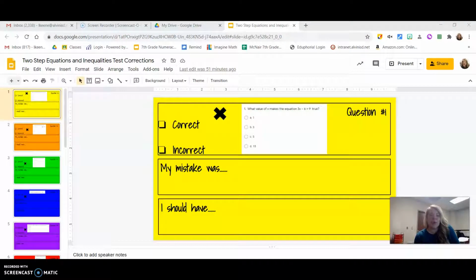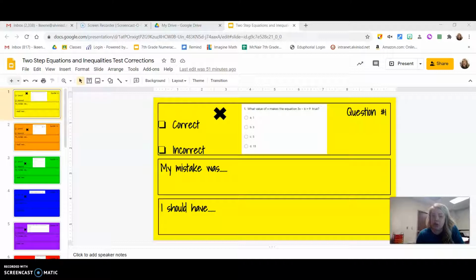Okay guys, this is going to be your corrections video for the two-step equations and inequalities test corrections. This should look very familiar to you because this is the exact same form that we used for your rational number operations test corrections. The only change this time is that I copy and pasted the question into each slide. So you just have to, when I release the score to you guys on your Google form